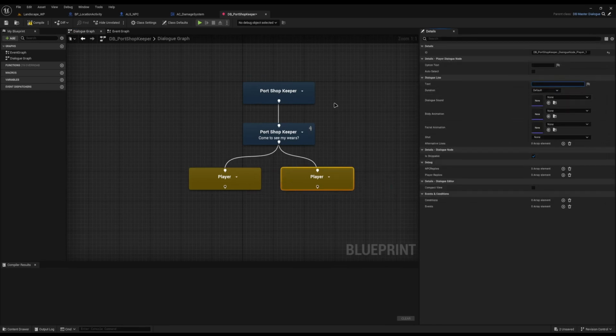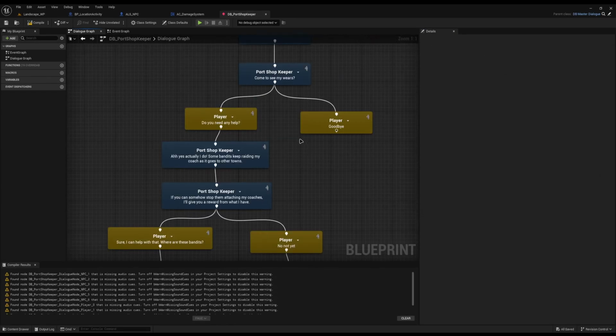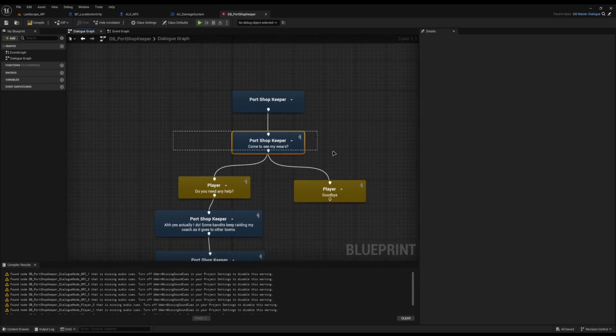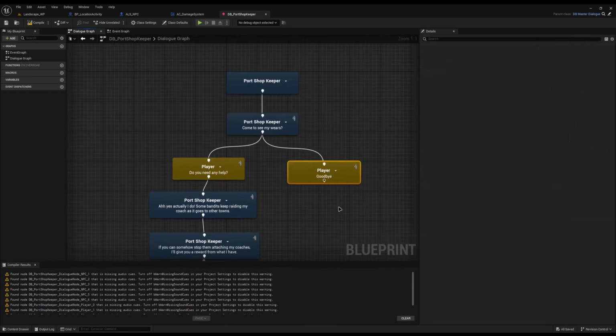One of them will just be "Goodbye," and the other one will be "Do you need any help?" And it could be anything you want. You look a bit distraught, you overhear an argument, it can be anything you want. So I've just skipped ahead and set the dialogue up for this. So it'll come in and say "Come to see my wares," and you can say goodbye and end the dialogue,